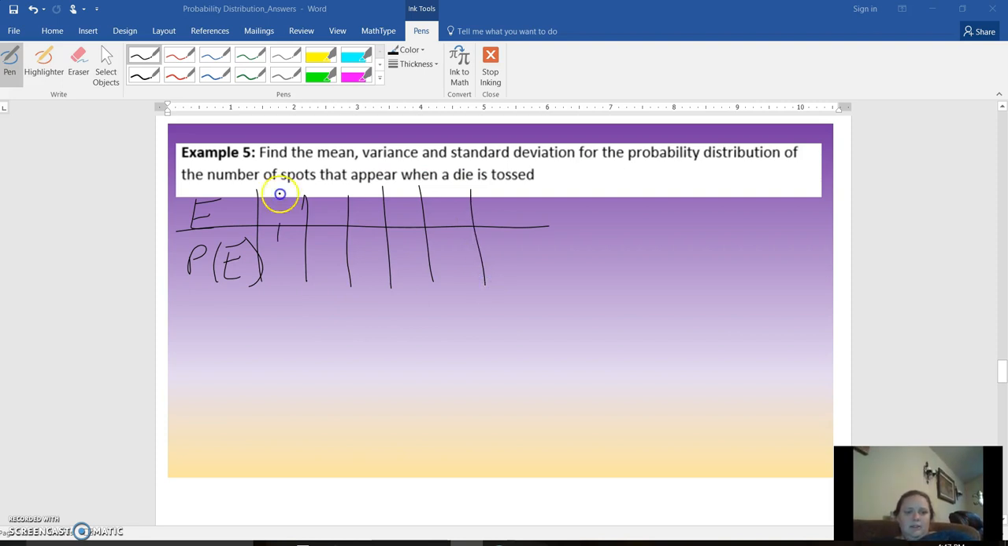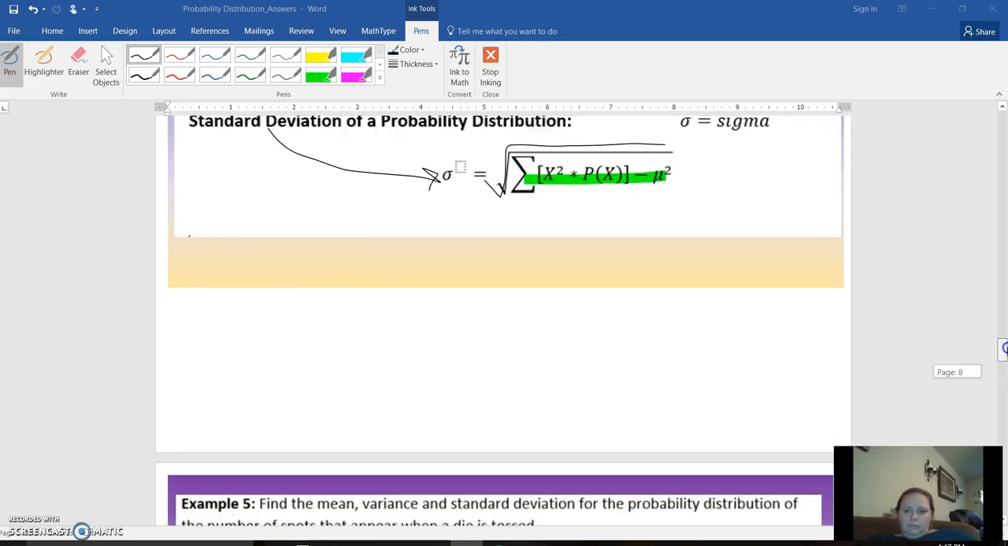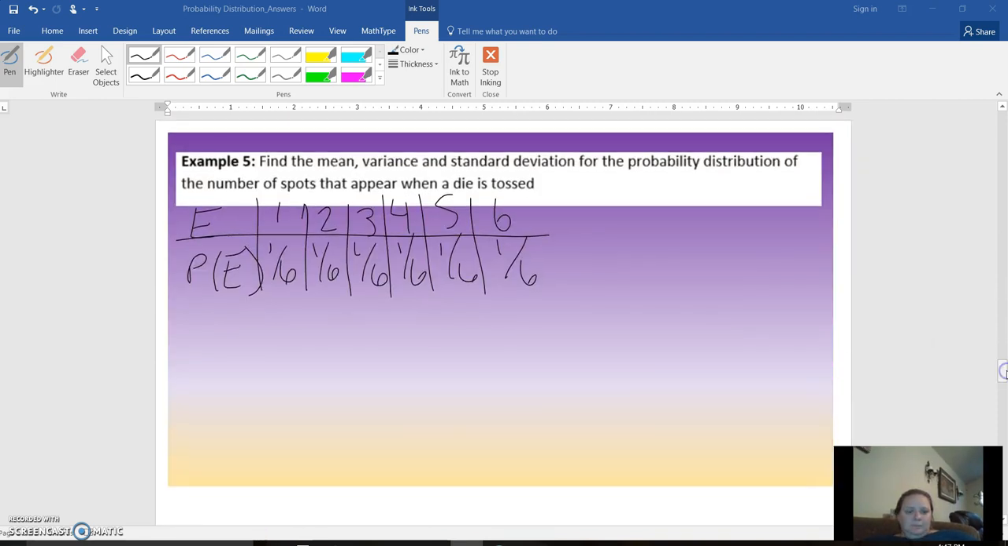All right, so number of spots. You have 1 spot, 2 spot, 3 spot, 4 spot, 5 spot, 6 spots on dice. And so that probability is all 1/6. All right, so first I want to find the mean. So the mean is going to be 1 times 1/6 plus 2 times 1/6, 3